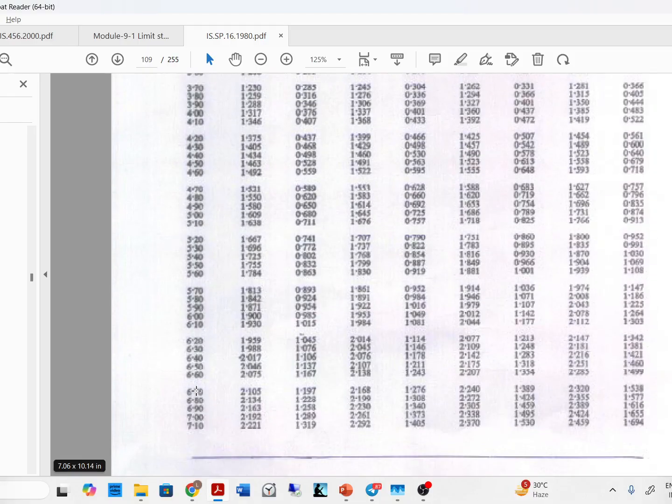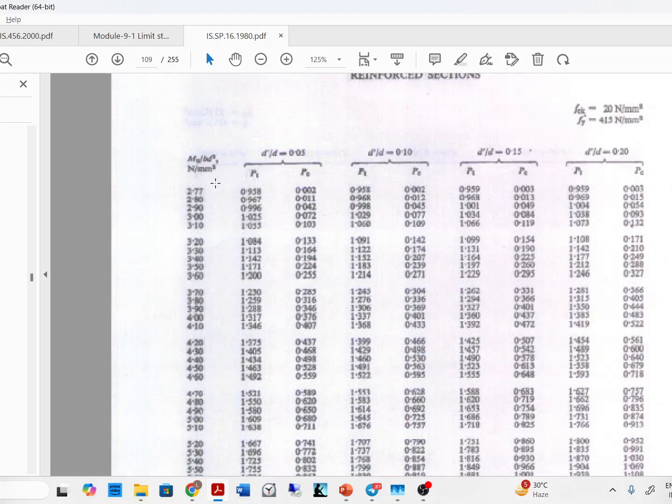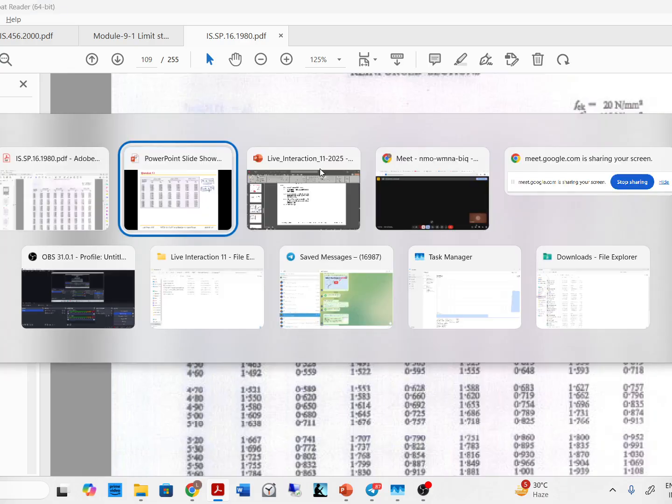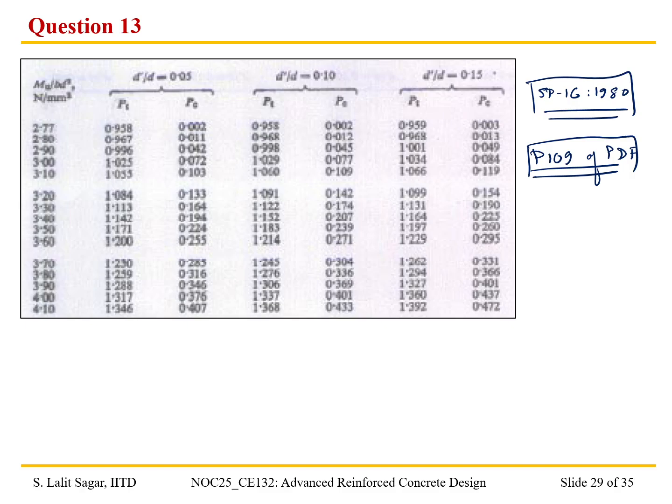So what we can do is we can find out the value of this Mu by bd square and then d dash by d. From that we can obtain the value of pt and pc. Okay, I'm going to write down those values, right? So we have Mu by bd square, that is 100 into 10 to the power 6 divided by 200 into 360 square,